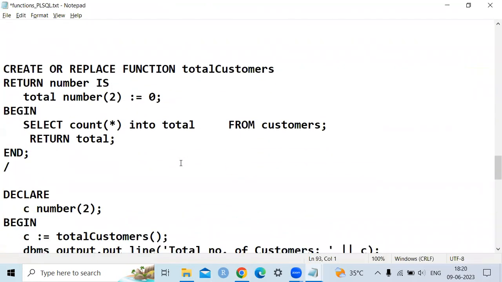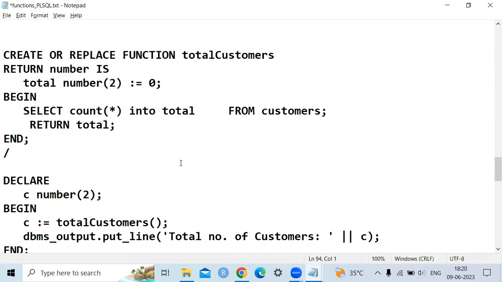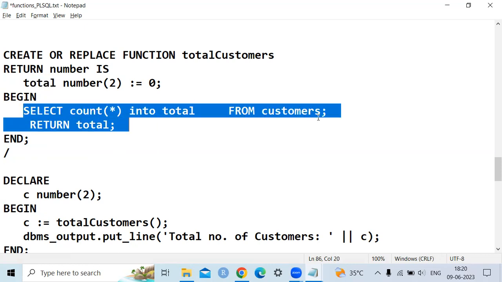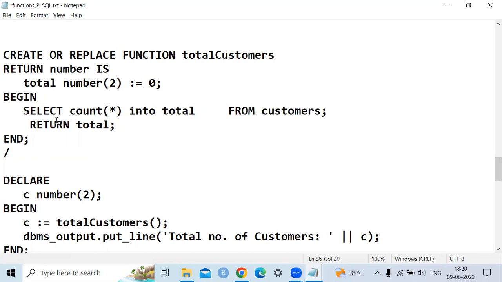So this is another example. In this one, the plan here is, I have to get the count of customers from the customer table, and it is to be stored in a variable, and the variable should be returned. So I will declare one variable called total, and the result of the statement will be stored into the total variable and then displayed. So what is the concept here is,